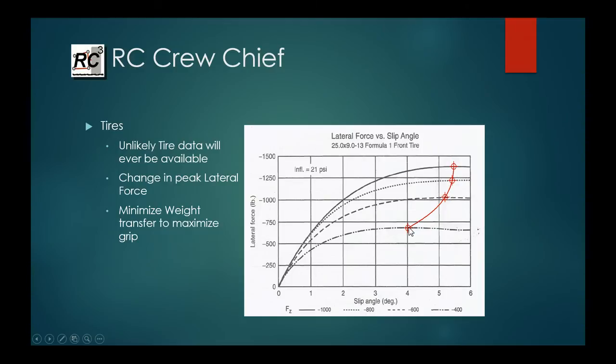for the high load transfer case, we would have on the inside tire approximately, let's call that 700 pounds. And on the outside tire, we would have something in the order of 1,300 and let's call it 80 pounds. So our total lateral grip would be the sum of those two numbers, which would give us about 2,080 pounds of available lateral grip. So let's look at our other case where we're just going to say that we're only